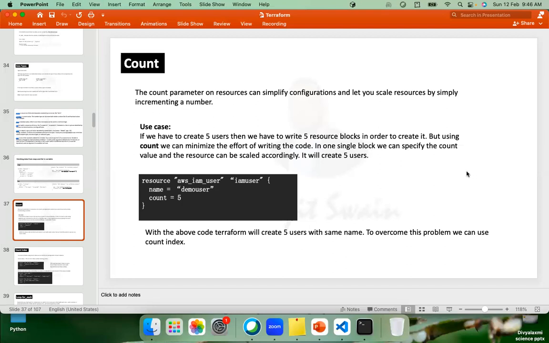Suppose in your project or in your team, 10 members joined, and you have to create 10 users simultaneously with different names. How will you do that? Either we can write 10 resource blocks, or we can increment the number to create 10 users automatically for us. So if you see this example here,